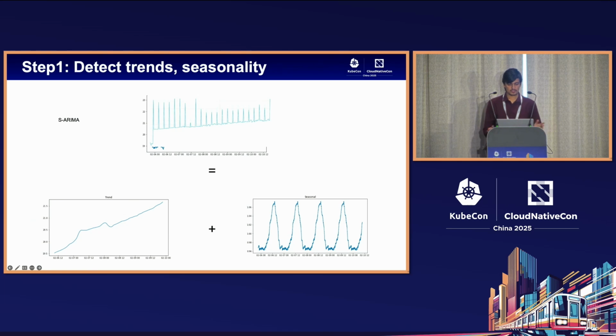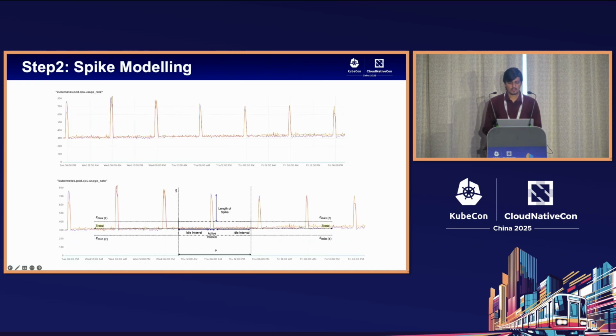So we first detect trends and seasonality. We model the resource utilization metrics using a decomposition model. It's called seasonal ARIMA, which is a common mathematical pattern to extract the trends and seasonality from time series data. Once we have this, we